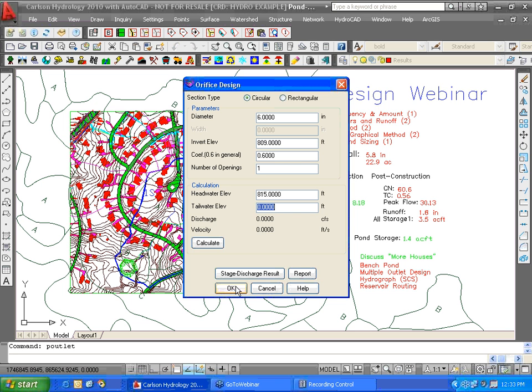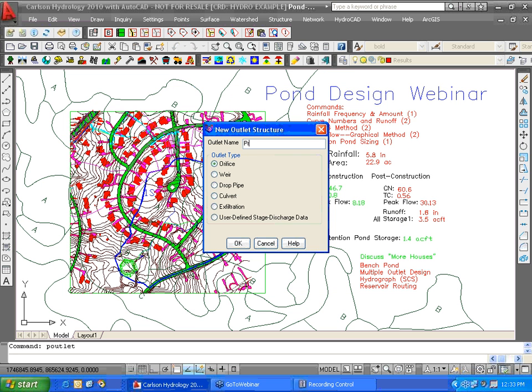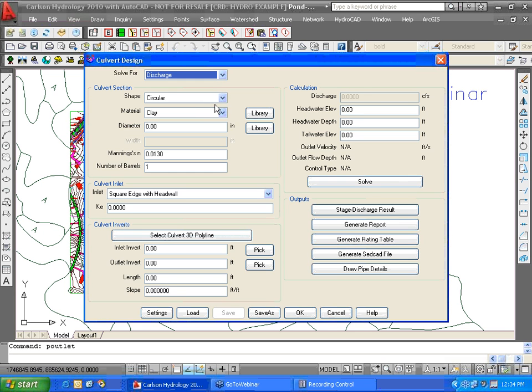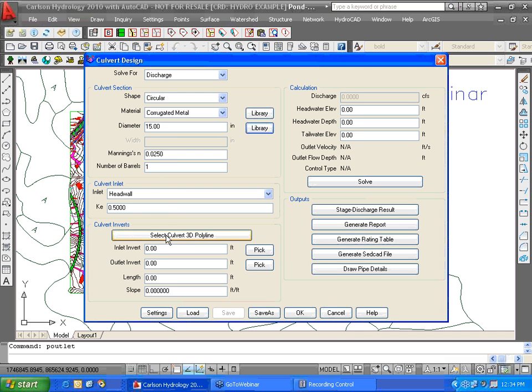Wait till you're done with the entire process. So hit OK. Move on and add perhaps what you might call a principal spillway as a simple culvert. What I'm going to do here is run a pipe right through the wall of this dam, of this little pond, and I'm going to make it corrugated metal and read from my library and pick up perhaps a 15 inch and stick it in there at 3 feet below the top, so I have 3 feet